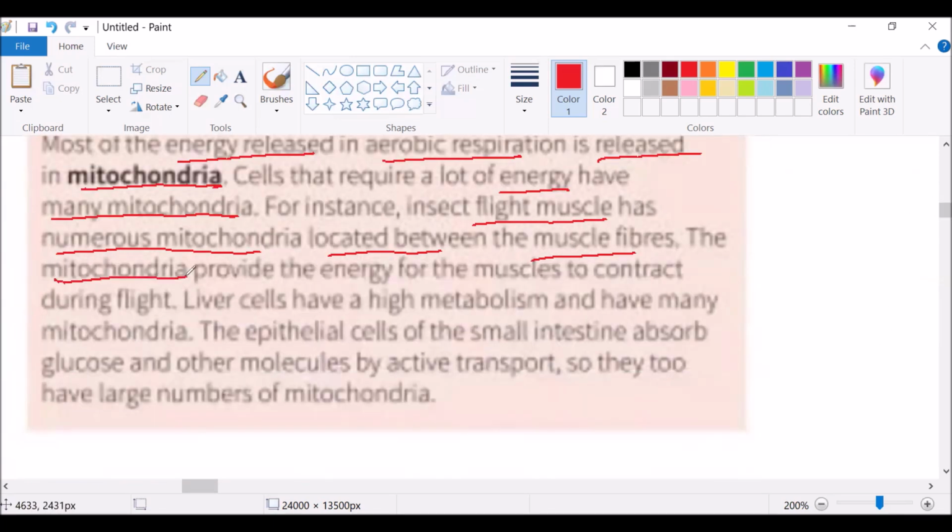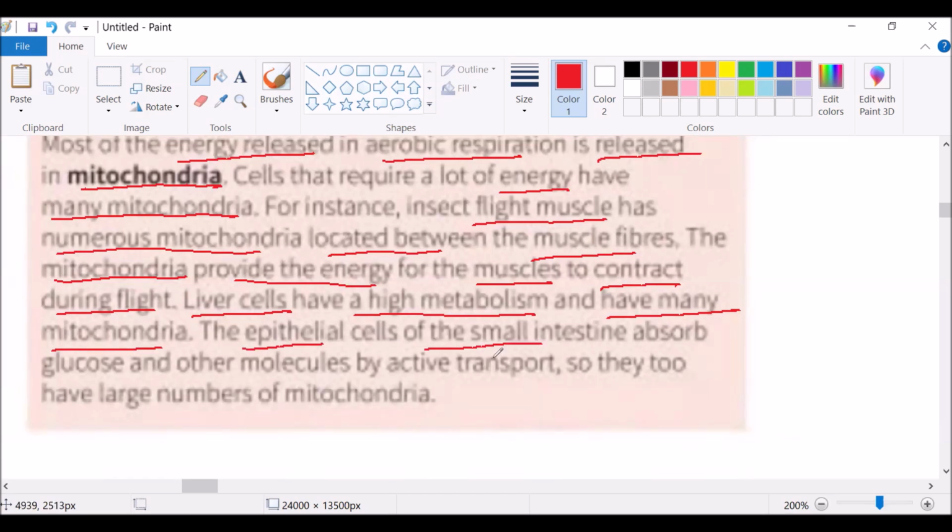The mitochondria provide the energy for the muscles to contract during flight. Liver cells have a high metabolism and have many mitochondria. Epithelial cells in the small intestines absorb glucose and other molecules by active transport, so they too have large numbers